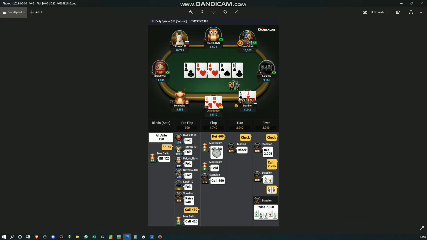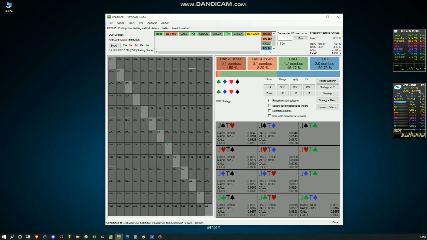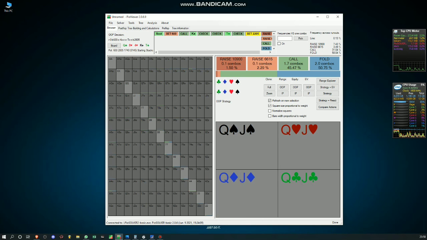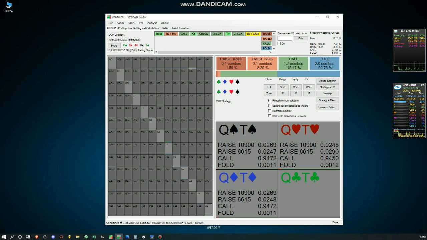At the end, he bets, and we did call, but it's asking us to call in high frequency. Our combo is being asked to call 94.5% of the time, which basically means it's telling us to call this combo. So what we did was a solver-approved play. This is how I would study, but it would also tell me to fold sometimes. I mean, this is a hand which is always calling, but if it was